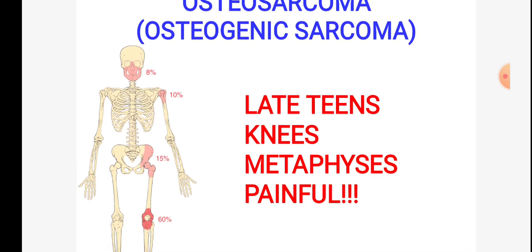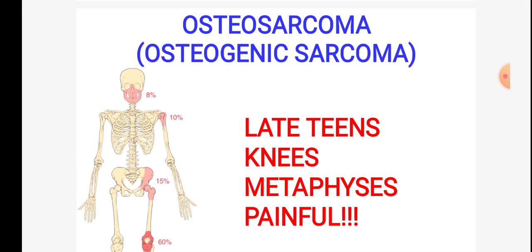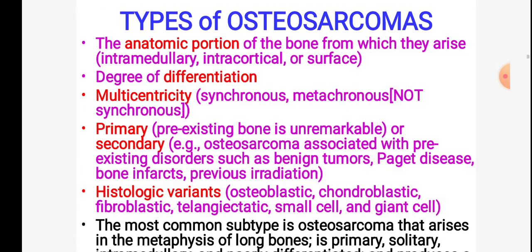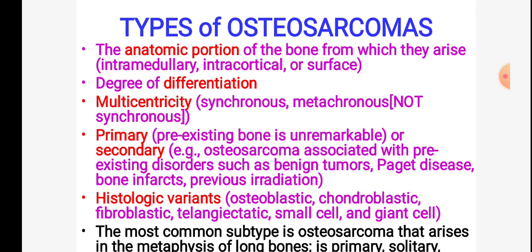Metaphysis, the site of involvement. Okay. Types of osteosarcomas, important one, 5 marks question or 3 marks question. The anatomic portion of the bone from which they arise, depending upon that, they can be classified as intramedullary, intracortical, or surface originated. And then based on multicentricity, like synchronous, metachronous,